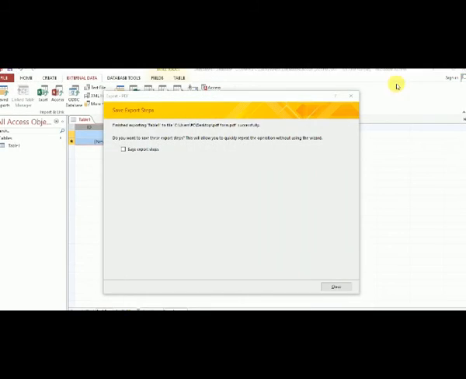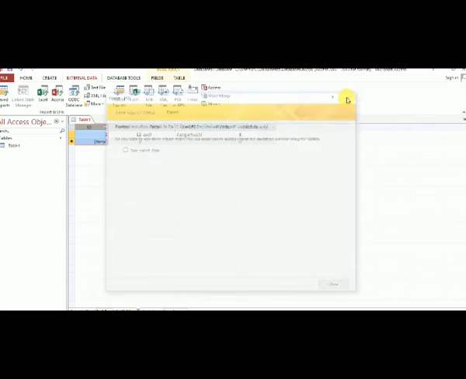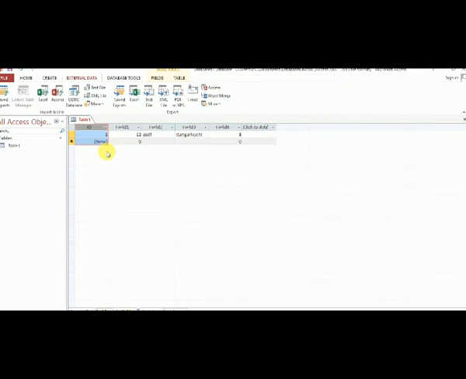Sometimes, after you complete your table, you can also click on the External Data tab and click on PDF or XPS. Export the selected object as PDF.